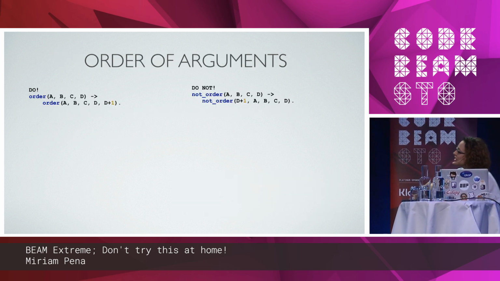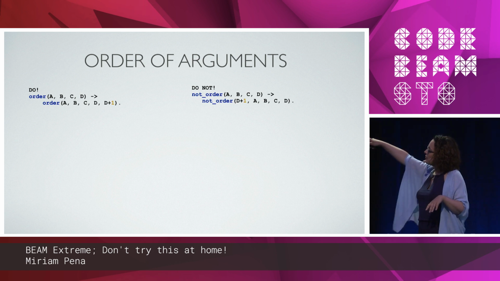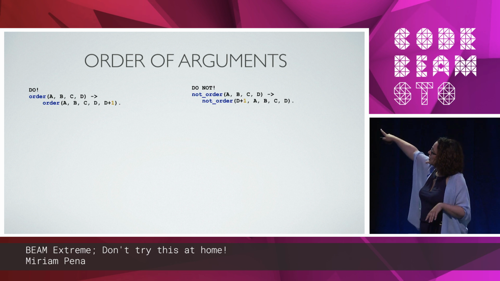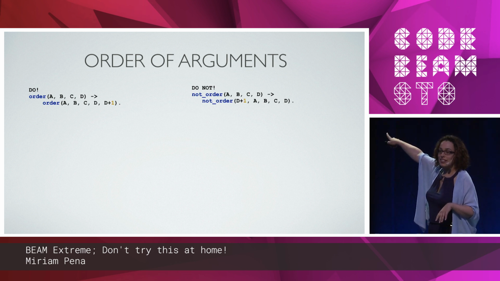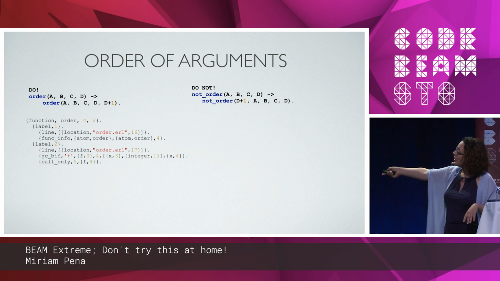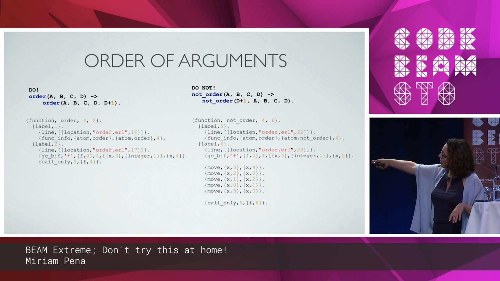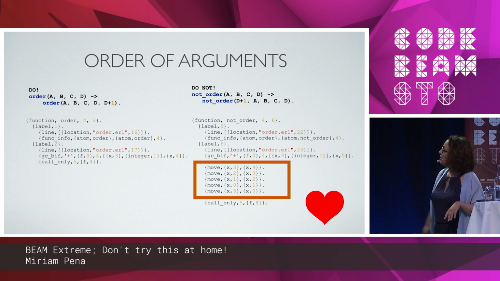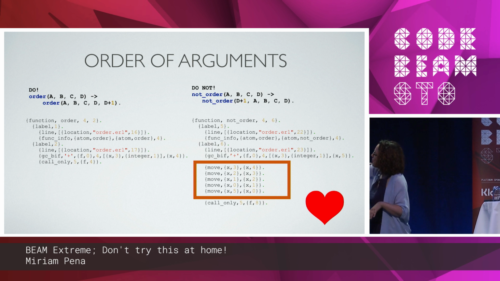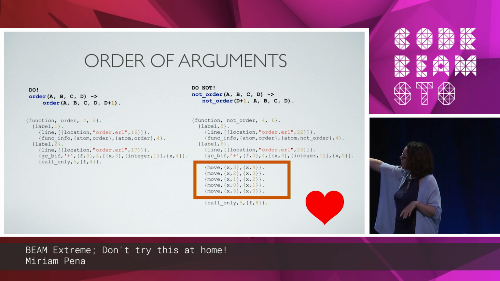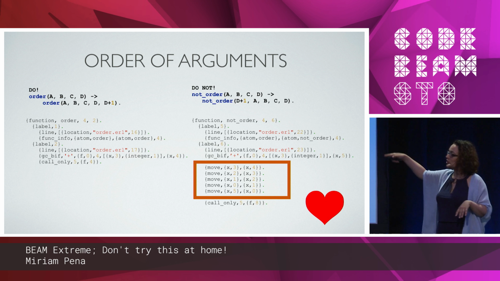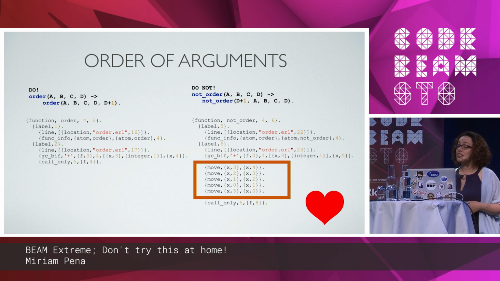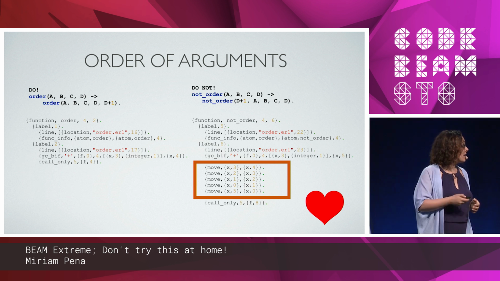OK, so we have this function here on the left. You have order ABCD, which calls ABCD plus 1. That's what you should do. You should not reorganize all the arguments around. And I'm going to show you why. Because the first one and the second one have this extra computation about reorganizing them. You see here, it moves x3 to x4, x2 to x3, x1 to x2, x0 to x1, x5 to x0, and then you return. And this is not even one reduction. It's really small. But I doubt I can actually benchmark this. But it's not necessary, so why would you do it?